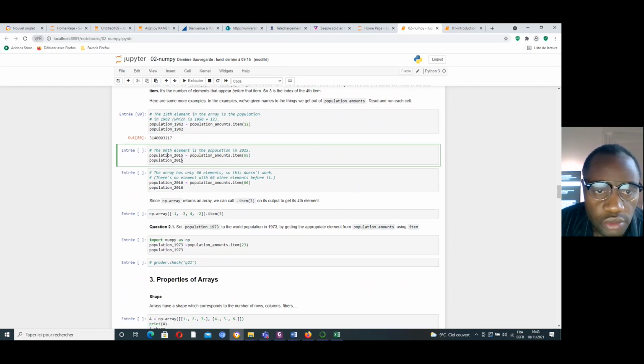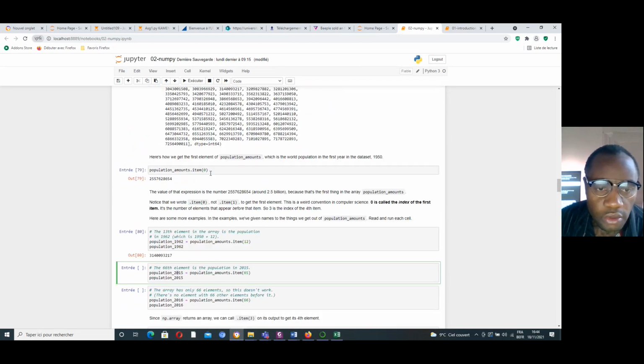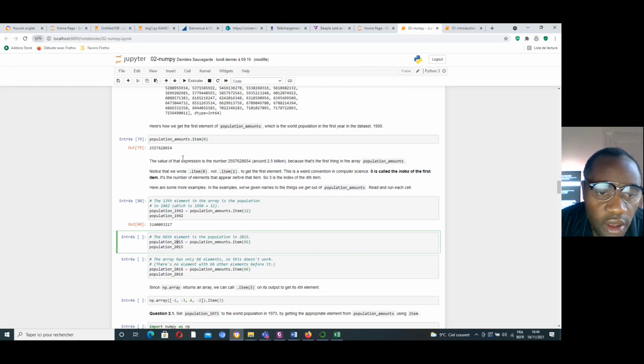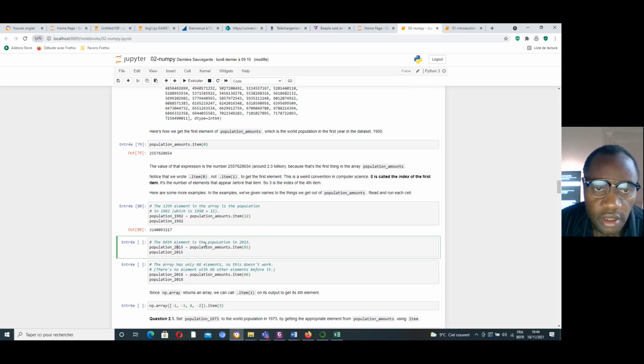If I want to print the population of 2015, 2015 is after 66 years.